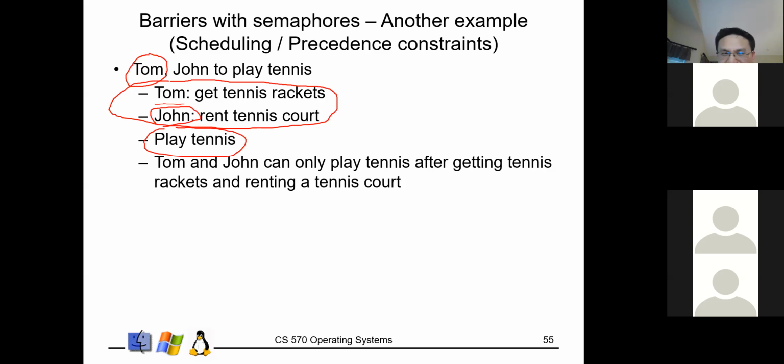Couldn't you have just one semaphore that you assign to someone first, so Tom gets access to it, and then once he's done, John gets access to it, and then once they're both done? Okay. Yeah, I think that may also work. If you just use one semaphore, well, the thing is that in this case one semaphore probably wouldn't work, because